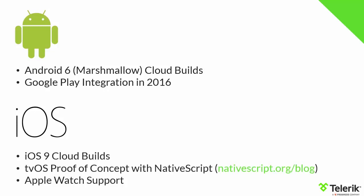And even though it's not iOS per se, our NativeScript team has created a proof of concept app for tvOS to support the new Apple TV. And you can read all about that at nativescript.org/blog. We're also leading the industry with iOS wearable support by providing support for Apple Watch development with our new